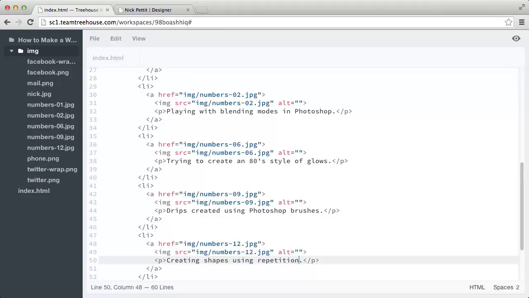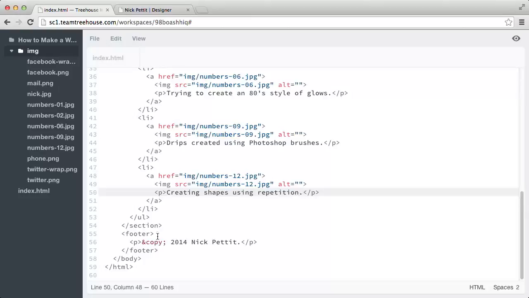The iconography we need for Twitter and Facebook are included with the project files for this video, so if you haven't already downloaded the images folder like we did in the previous video, be sure to do that now and include them in the project, simply by dragging them onto the file tree here. Now, let's go ahead and scroll down to our footer,